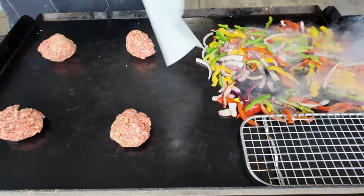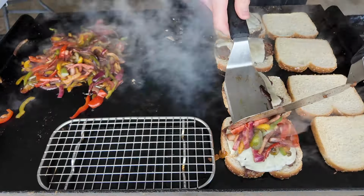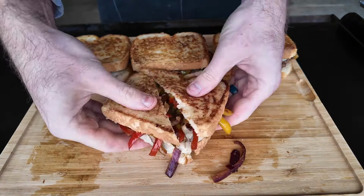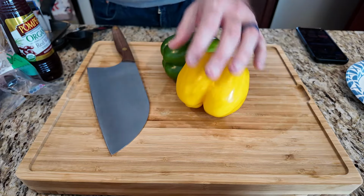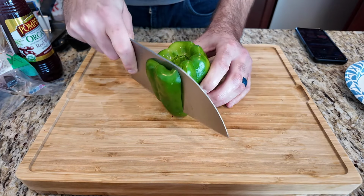Welcome back, friends. We're doing an Italian sausage in the style of a patty melt. This thing is perfect for the griddle to do 4 of these. Start inside with 1 red, 1 yellow, and 1 green pepper, which we're going to slice up about as thin